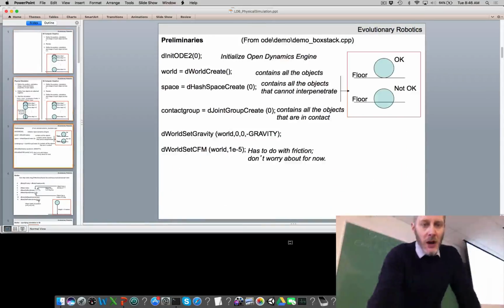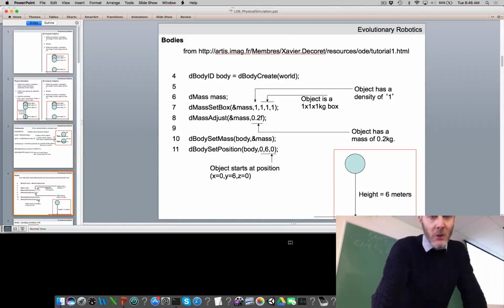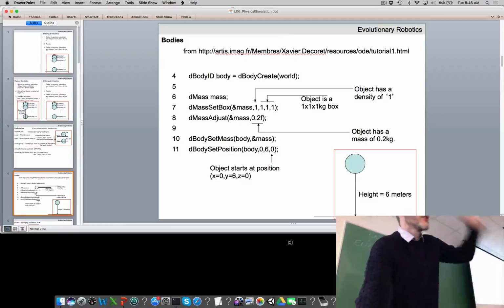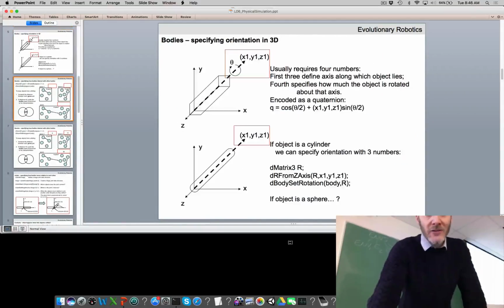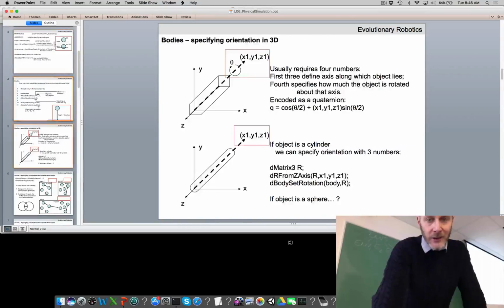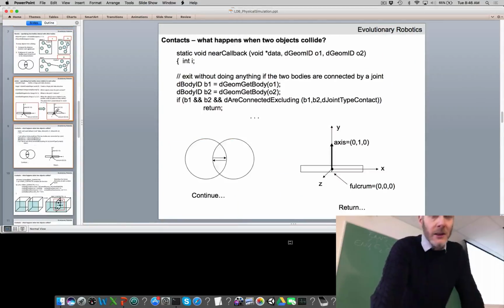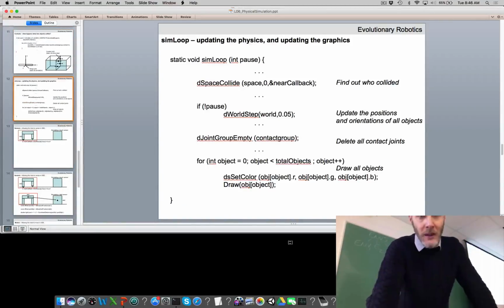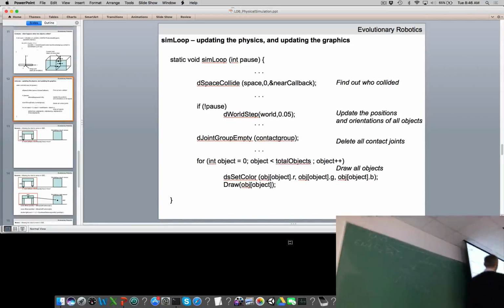Okay, so just as a very quick reminder, we were going through some of the code from Open Dynamics Engine, which is the physics engine embedded within PyroSim. We looked at what ODE is doing for every time step of the simulation. We have this loop, and every time that it's looping through, after setting the physical and geometric properties for all our objects and connecting them together with joints, and determining what should happen when objects collide with one another. We then start up this loop where every pass through the loop, ODE is figuring out which objects have collided